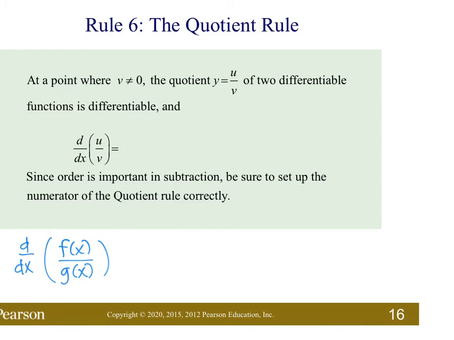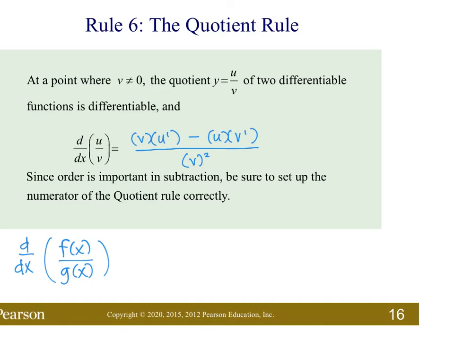So for a quotient, it's backwards. Instead of starting with u, you start with v. And then you have u prime. And because it's backwards, it's minus. And then we have u and v prime. So the idea of pairing one derivative and one non-derivative is similar to the product rule, but you've got to watch the order here. You've got to make sure you start with the base function, the bottom function. And then the other difference is that this has a denominator to it, and the denominator is the v function